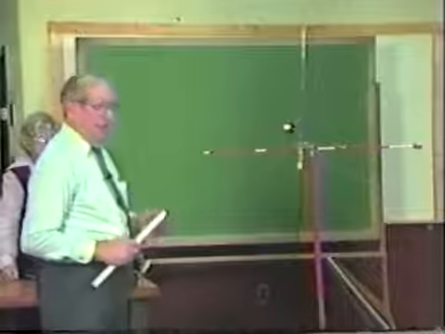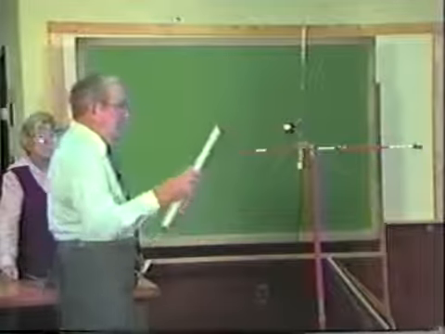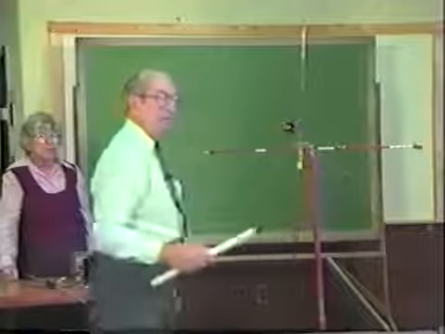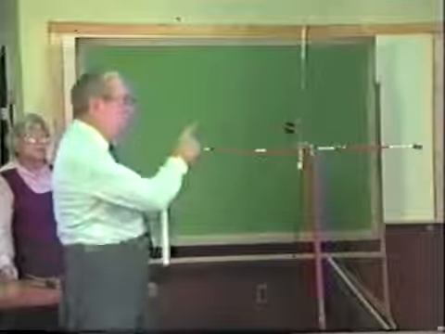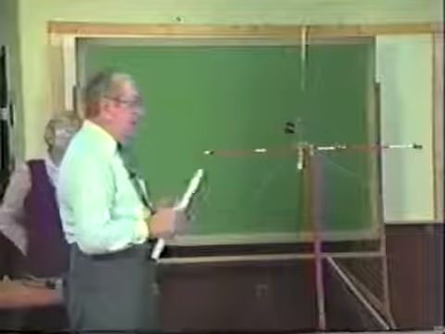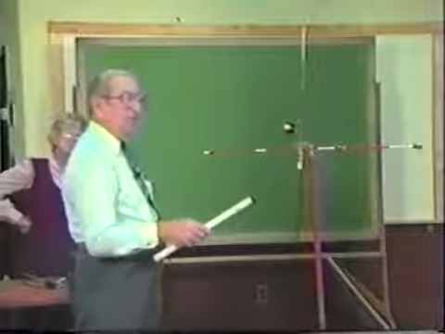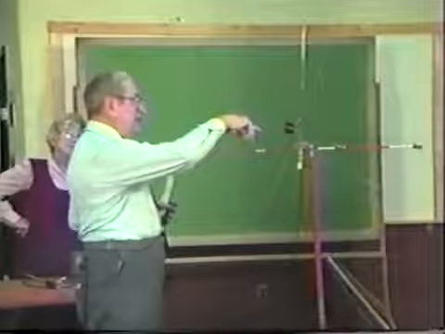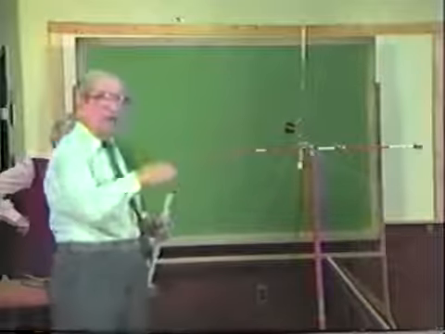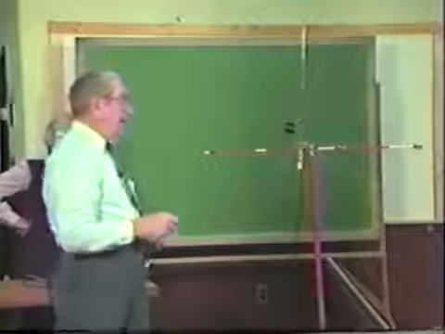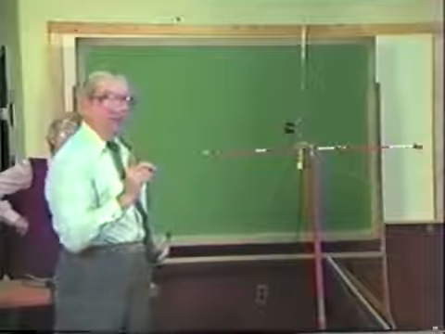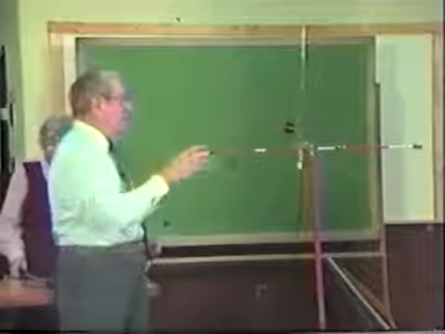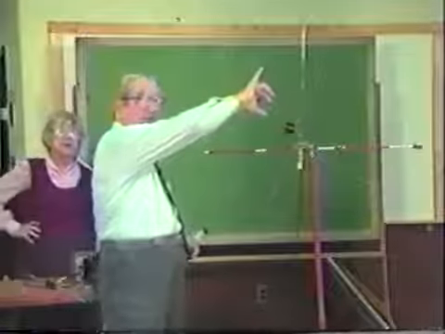Now, I want you to see something. I have my power on now, and these are not radiating. Do you remember they don't have a voltage loop on them? If you recall before, when I had the one radial on, it was a dipole, therefore we had a voltage loop. But because we have 4 radials, and because the antenna itself is looking at these radials as a ground plane,